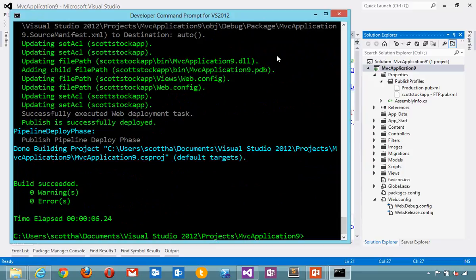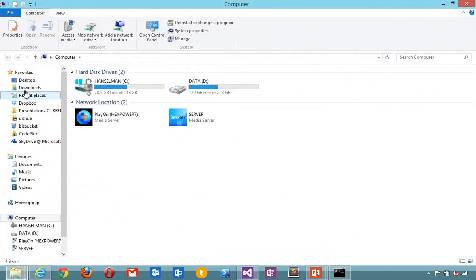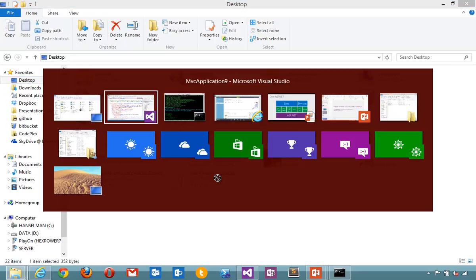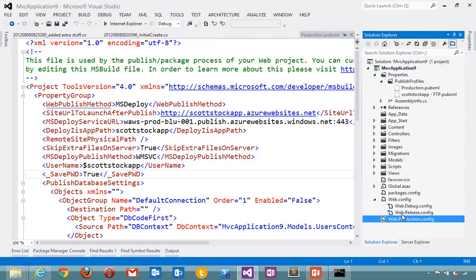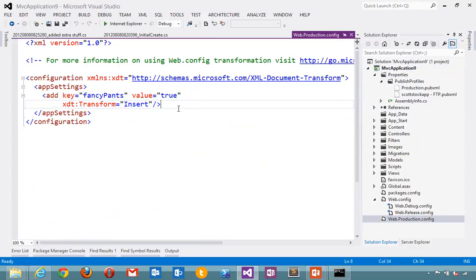So I've just published my application, updated up into my host. Remember that I called my publish profile production. One of the other new features is profile-specific config transforms. I could make a transform and call it web.production.config. Let's say that I needed a specific application setting, but only in production. In this case, I make a web config transform file that's going to insert this key into the result, but